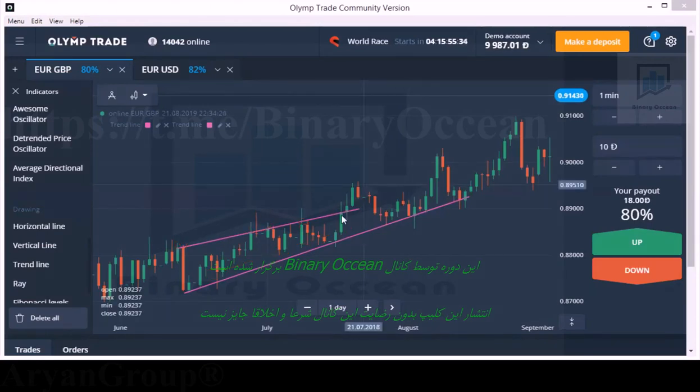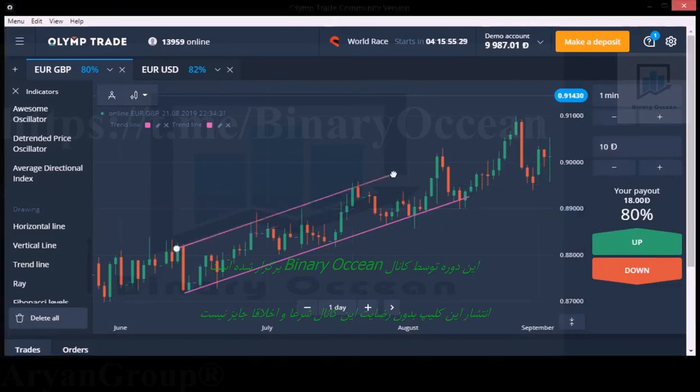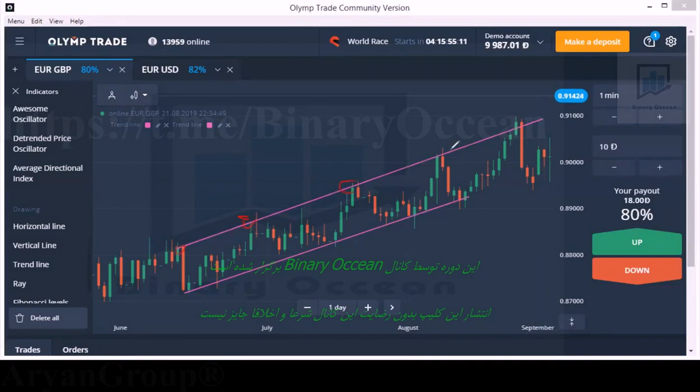Now we are seeing the sellers change their entry point from this level to this level. Now the seller's entry is here. Seller's entry, again a seller's entry. So after this level, we can enter with sellers. This will be our entry point. The seller's entry. So this is our entry point. It will be our exit point. And this is our entry point. If you see seller's entry, buyer's entry, this is our entry point.